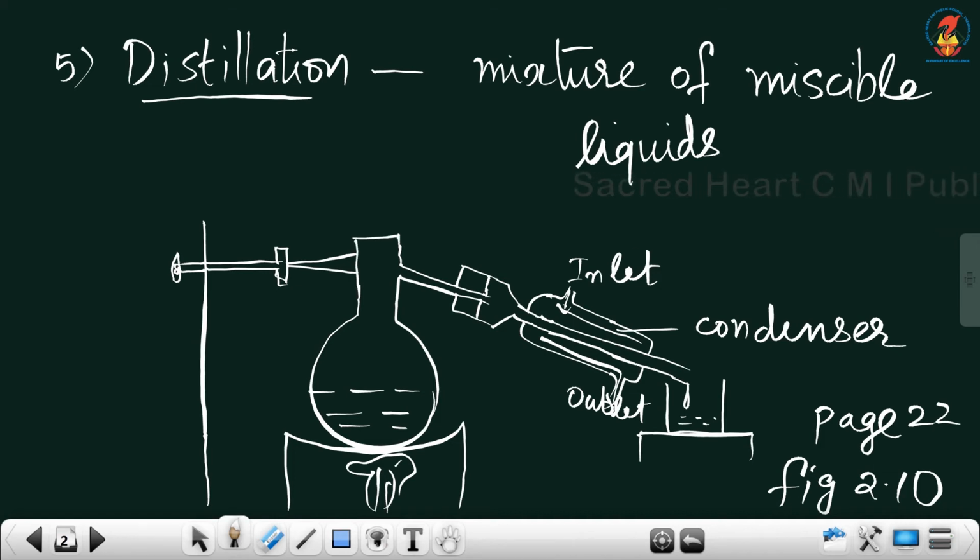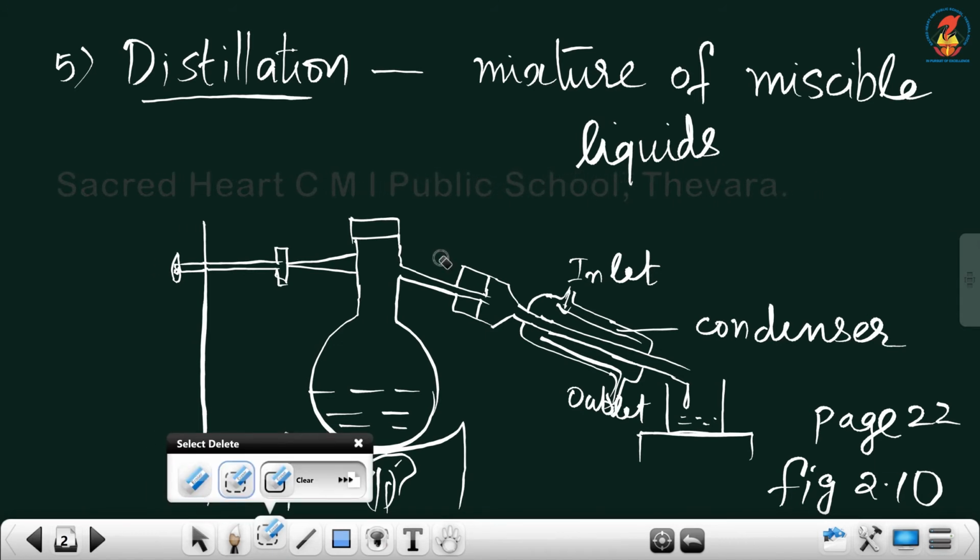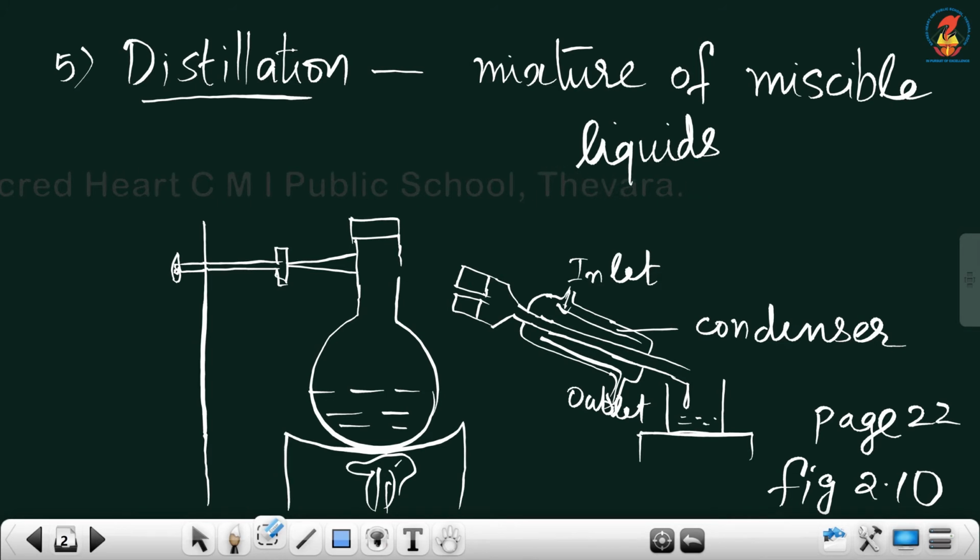Here it is closed, and here we can see a fractionating column, which is completely filled with beads.